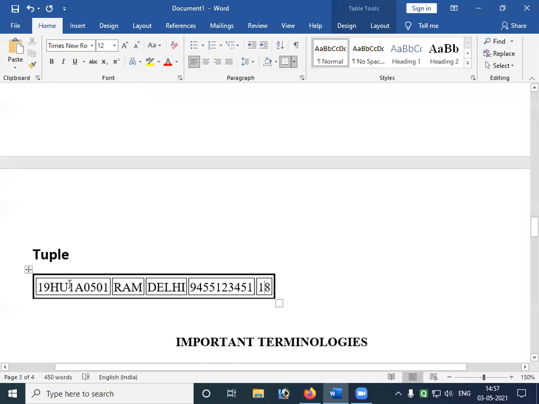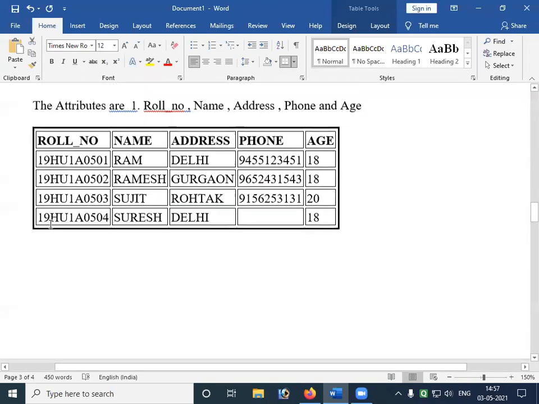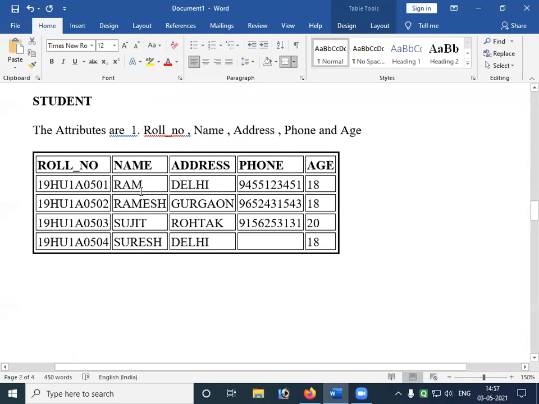This completely talks about one object's total details. 501's name is Ram, address is Delhi, phone number is 9455123451, age is 18.